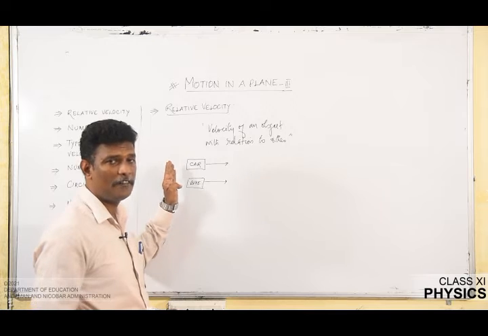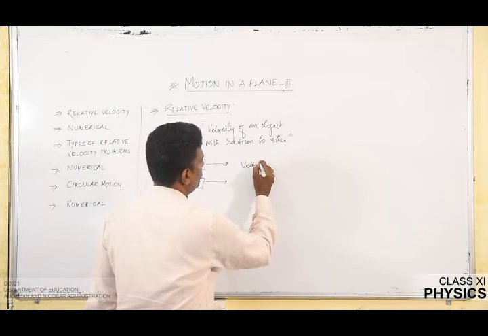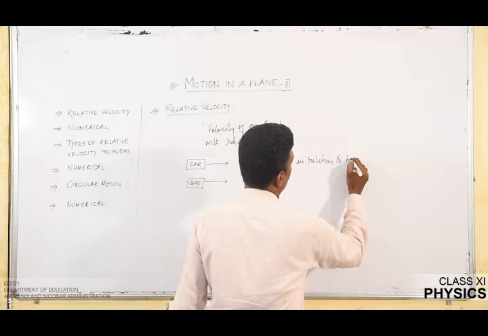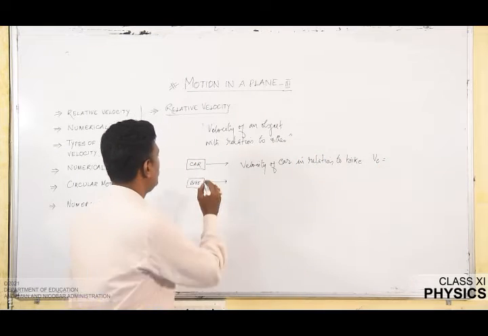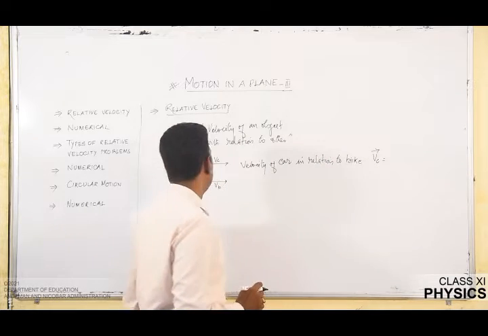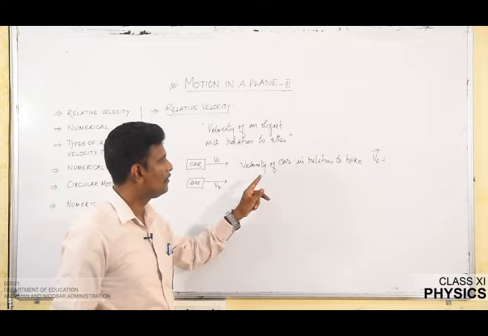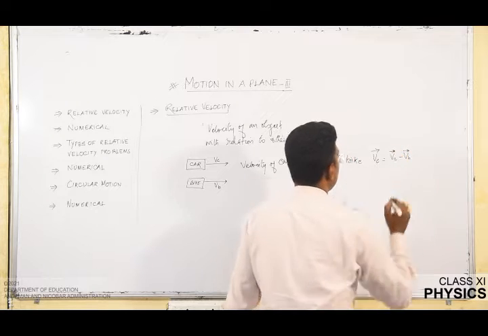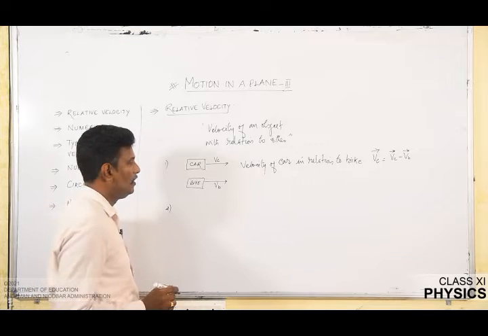That means relative velocity of car with respect to bike, or simply velocity of car with respect to bike. So velocity of car in relation to bike, that we can write, let us take this is Vc and this is Vb. Both are in the same direction, car with the velocity of Vc, bike with the velocity of Vb. Velocity of car in relation to bike is, as we have seen earlier, Vc minus Vb. Let us take it as the first case,